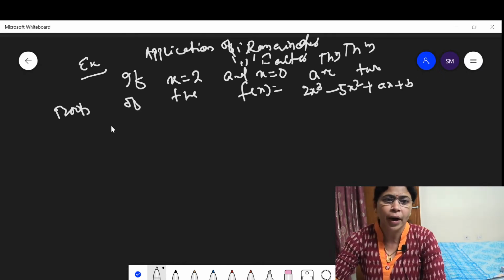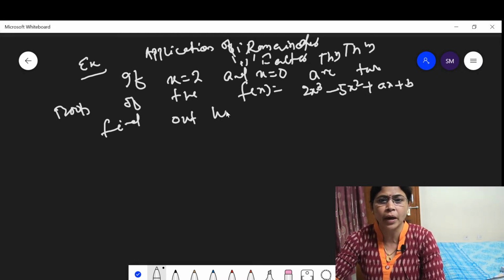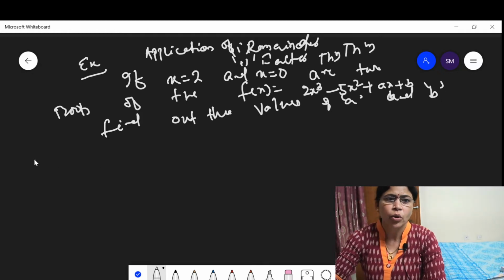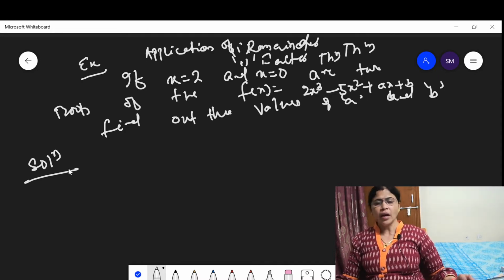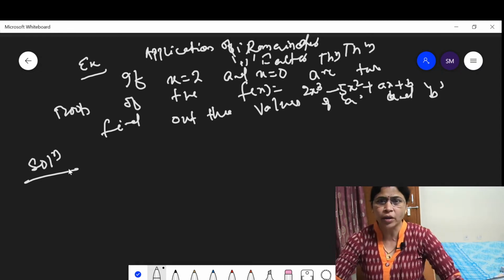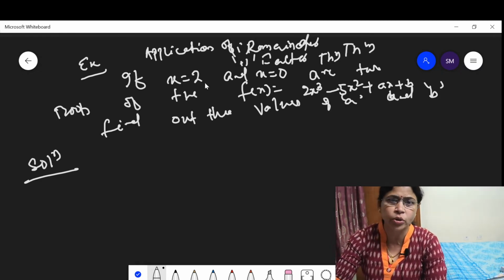the value of a and b. I have already told you students, when you get a question, try to understand what is given and what the question asks to do. Here the given thing is x equal to 2 and x equal to 0 are the two roots of the polynomial. Then according to factor theorem, as x equal to 2 is the